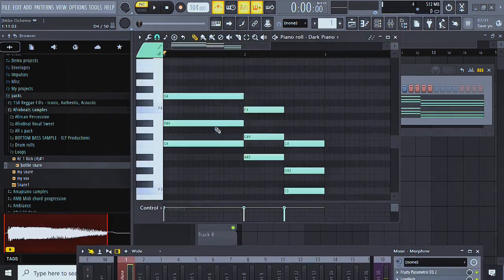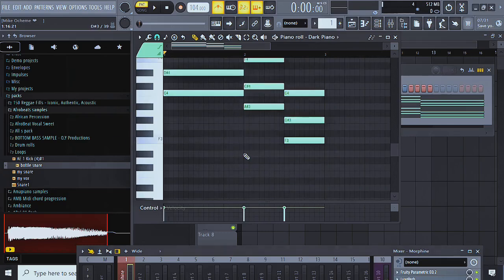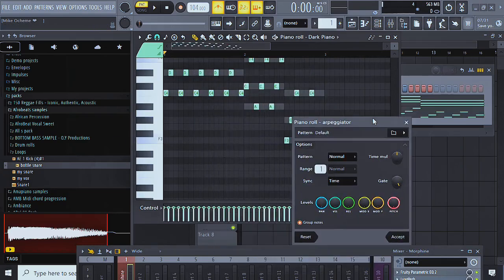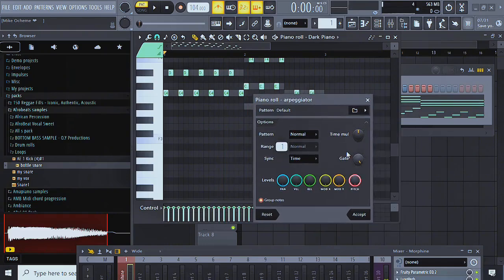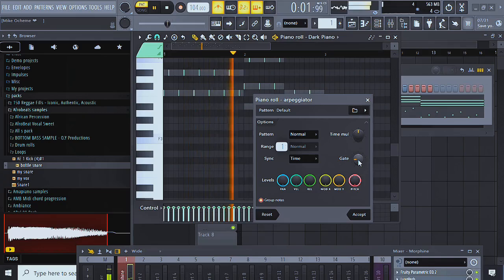Now I'll just hit Ctrl A to make it an arpeggio. And that's it. You might not just get it right like this. If you are doing it for the first time, you might need to come in here and do some settings. This one is the length of the note. If you want the note to be shorter, you can just adjust this. If you want it longer,